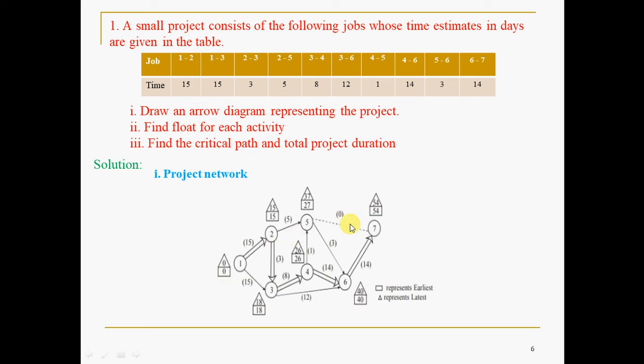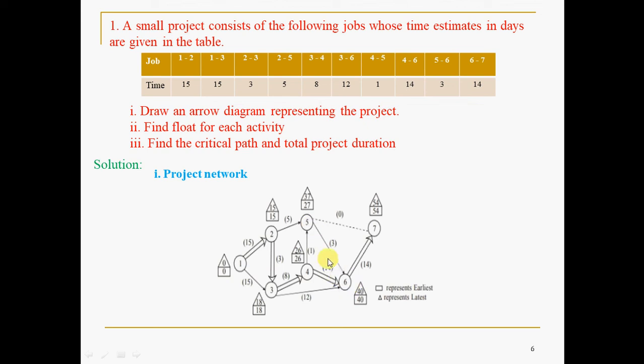Coming to the triangle values, it is quite opposite. This is the forward pass we call, and this is the backward pass. This 54 you have to start with, like 0 and 0, 54 and 54. Now from 7, you have to come in descending order. Now you have gone in ascending order, and now descending order. So 54 minus 14, I mean 7 to 6, in how many ways can you come back? Only one way. 54 minus 14, how much? 40.